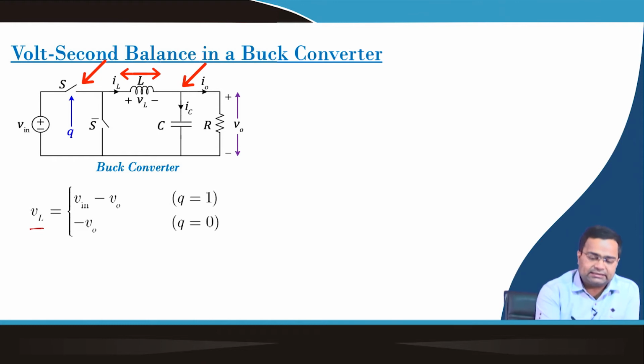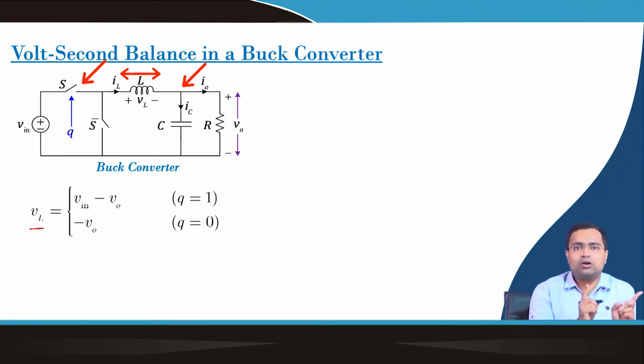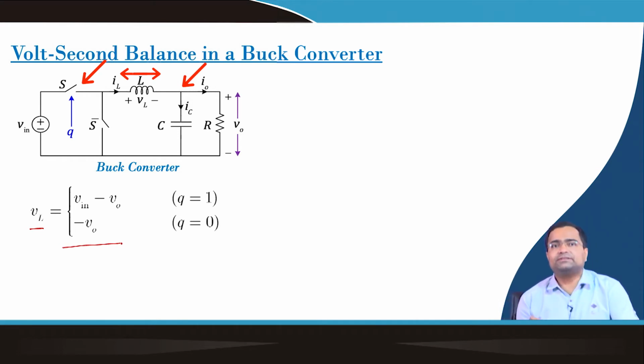You can see the right hand side terminal is fixed, whereas on the left hand side terminal the voltage can change. If S is on, that can become input voltage. If S is off, when S bar is on, then it will become 0 voltage. And this is shown here. So, VL can be V in minus V0 or minus V0 depending upon whether Q is 1 or